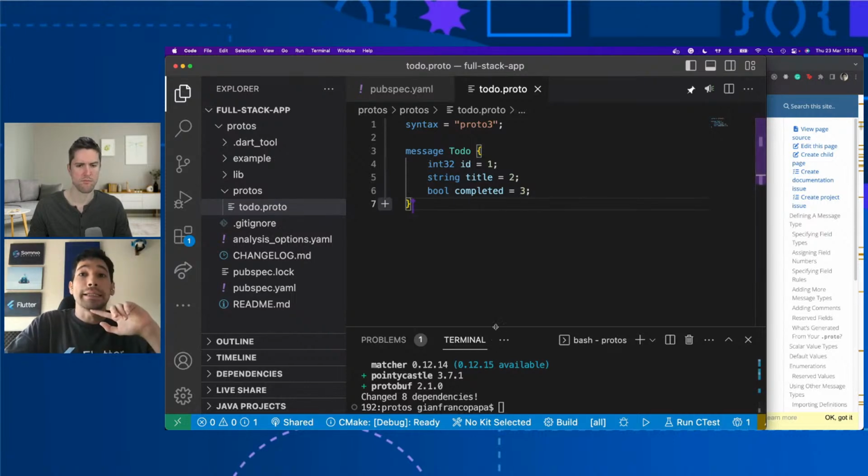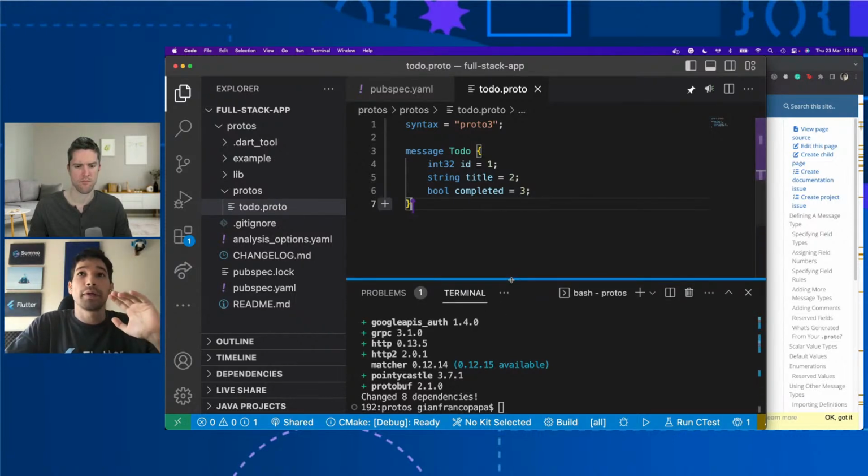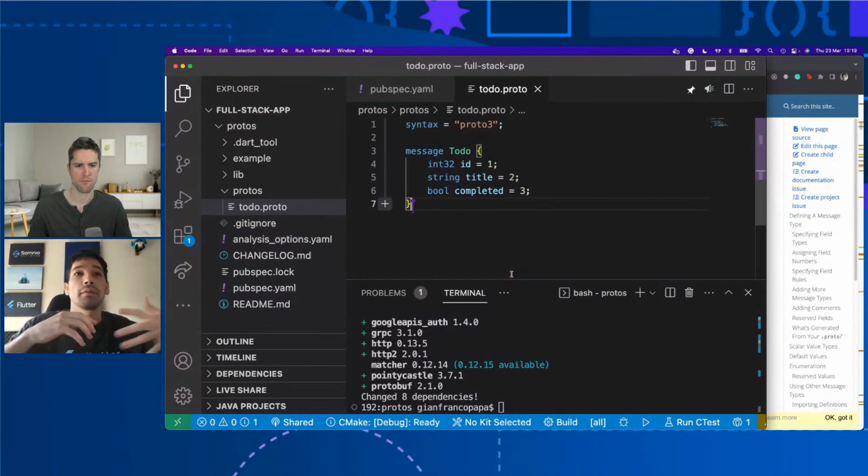And we are seeing this in the protocol buffer notation. But the cool thing about this is that we are going to actually auto-generate this in Dart. It can be in any language, but we are using Dart. So you can start sharing your models not only with your front-end team, but also with anyone that wants to implement a definition of to-do.